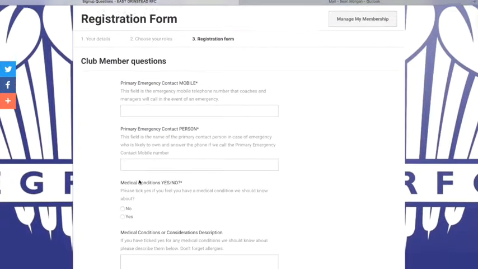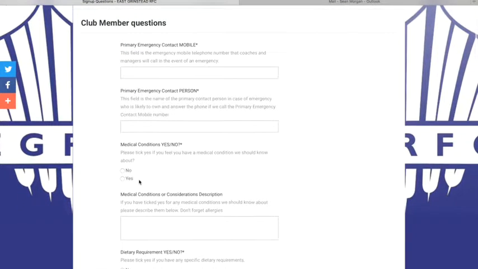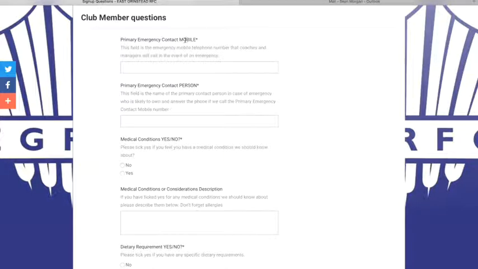This section relates to you as a member, as a parent, and as a member of the club. So what we're looking for here is a primary emergency contact number should anything happen to you as the parent or as the adult, and then the primary emergency contact person and your medical conditions and so on and so forth. So this is likely to be your